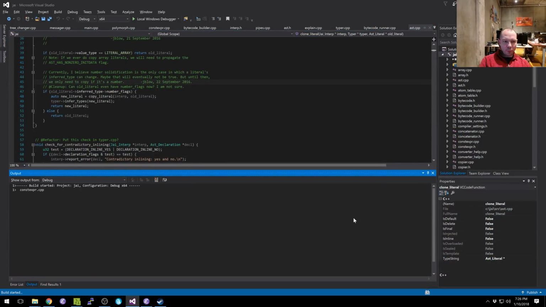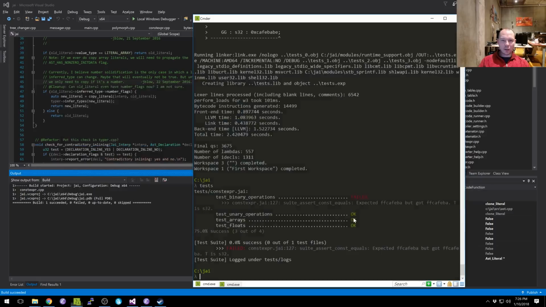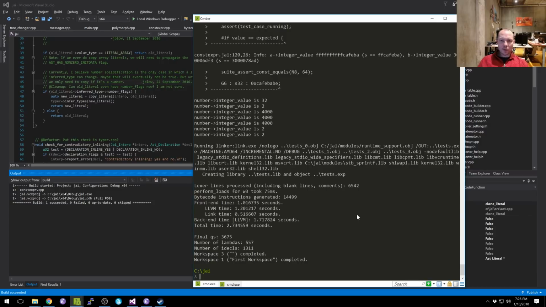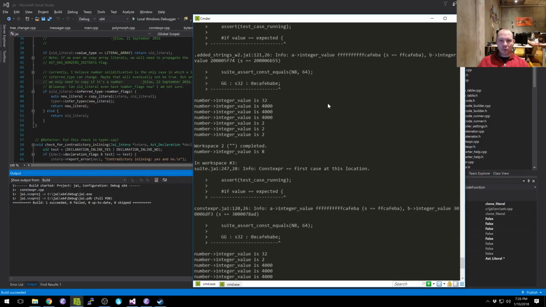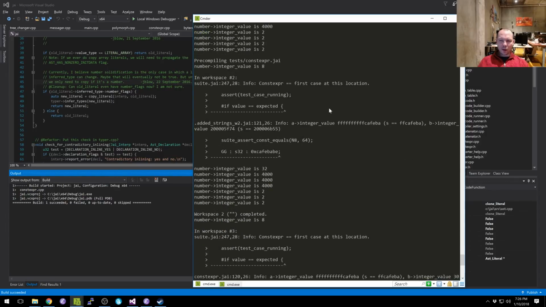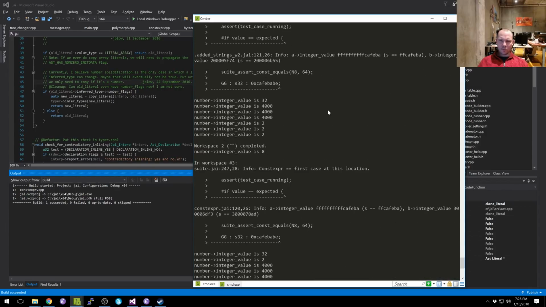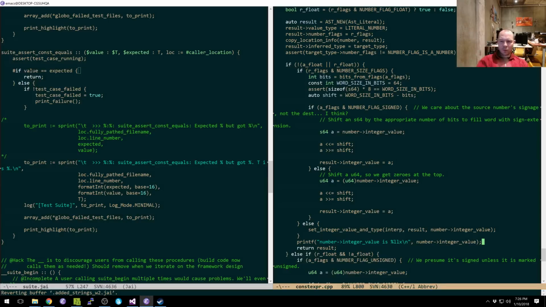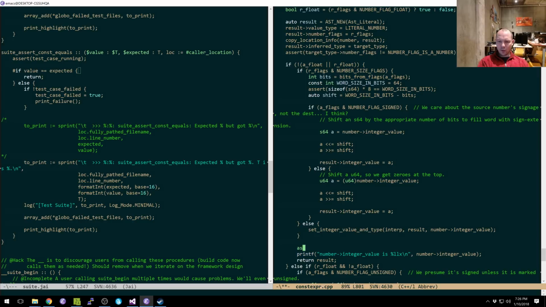I'm gonna put that, and what I want to see is a non-sign extended. What happened to my release compile? Oh, well. No, it's not being cast. That's weird. How about this? Assert number integer value